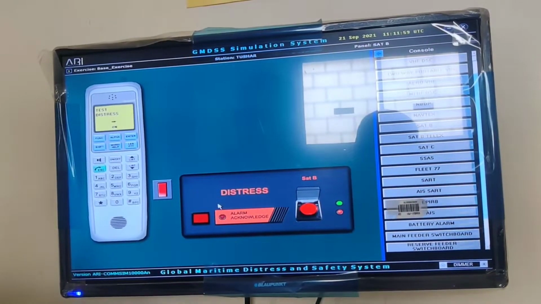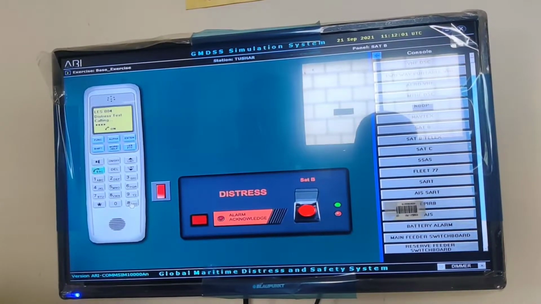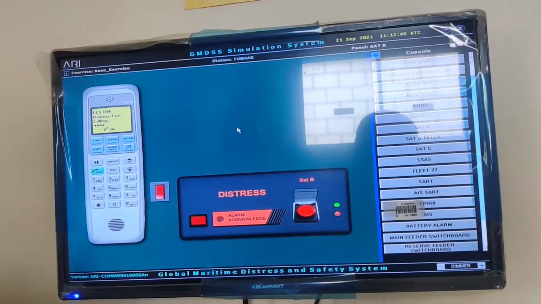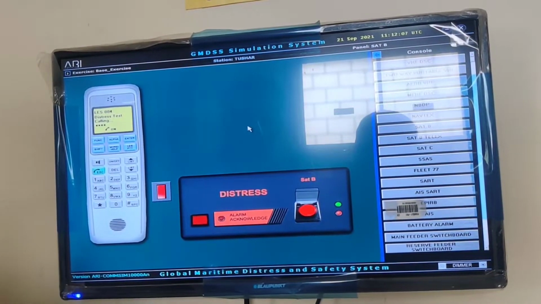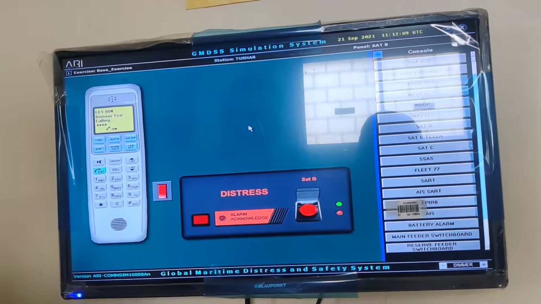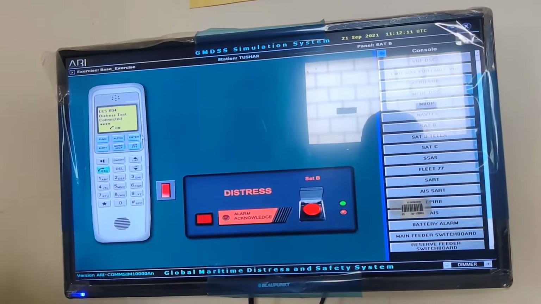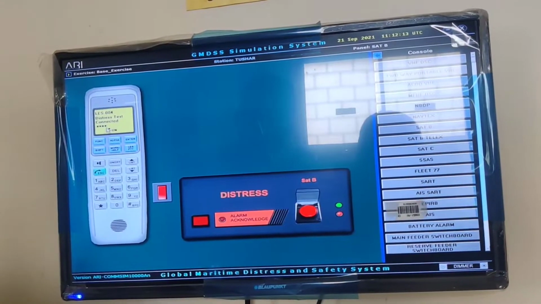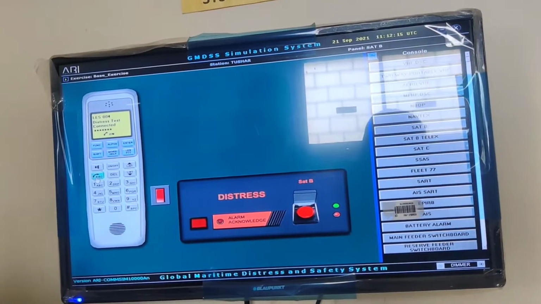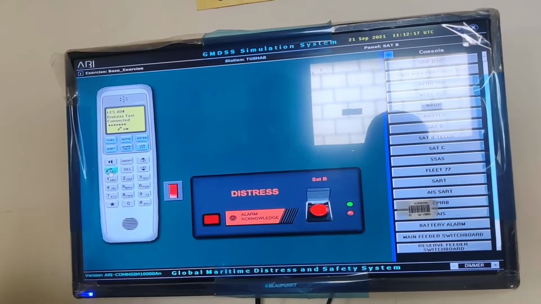After this, you have to press hash. Now see, distress test calling is proceeded. Now see, distress test is connected. So it is done. Now you have to disconnect it via this handset.